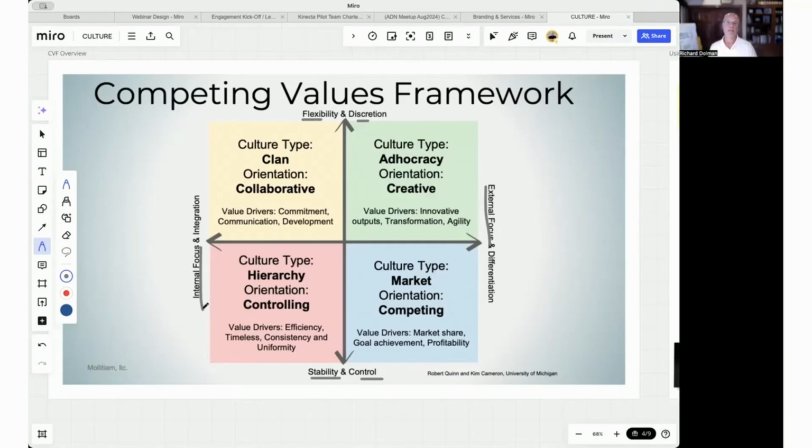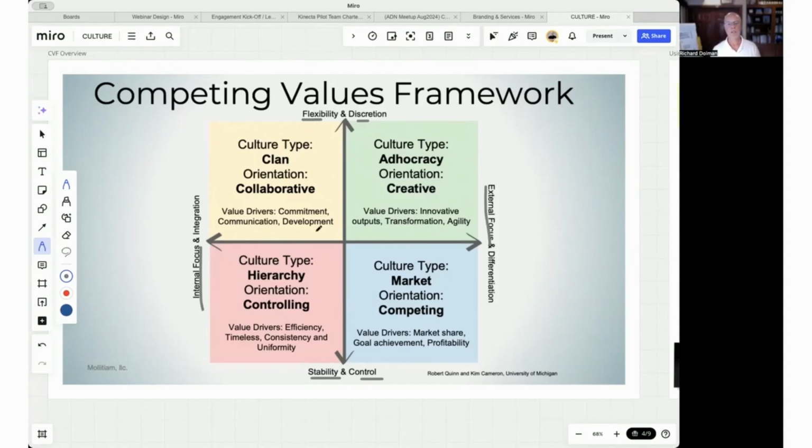The second key point is understanding there's this level of tension that exists across these quadrants. The highest level of tension is going to exist as we're traversing on the diagonal. So if we're currently in the hierarchy and control culture, but we're trying to move more into an adhocracy or creative culture, there's going to be some tension that exists there. And that tension is what we have to negotiate as we're trying to bring about certain change. There's also tension between the adjacent quadrants, but that tension might be a little bit less because there's at least one element of shared focus between those quadrants.